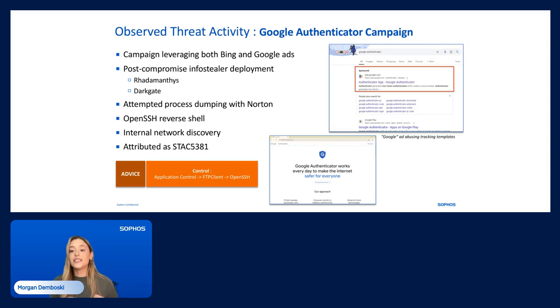Recent threat intelligence indicates that Stack 5381 could now be working with and deploying Ransom Hub ransomware. But since we prevented this intrusion from leading to the ransomware stage, we're unable to determine what the intended final payload was. In terms of recommendation, we recommend to turn on application control for FTP client, which encompasses OpenSSH, which will really